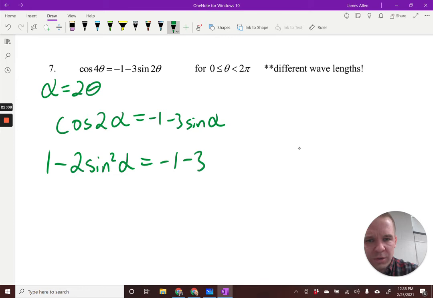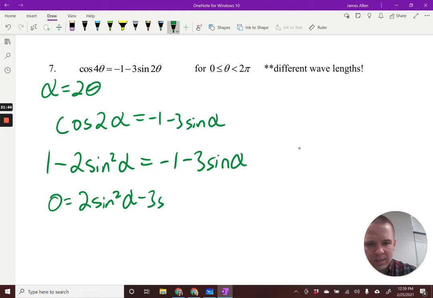So once again, what did we do with variable substitution, often U-substitution, but in this case, alpha substitution? We transformed a problem we did not know how to do into a problem we do hopefully know how to do, right? Okay, so I've got myself a quadratic situation going on. Let's bring everything to one side. I'm going to go to the right side because I want my leading guy to be positive. So I'd have 0 equals 2 sine squared alpha, and then minus 3 sine alpha, and then minus